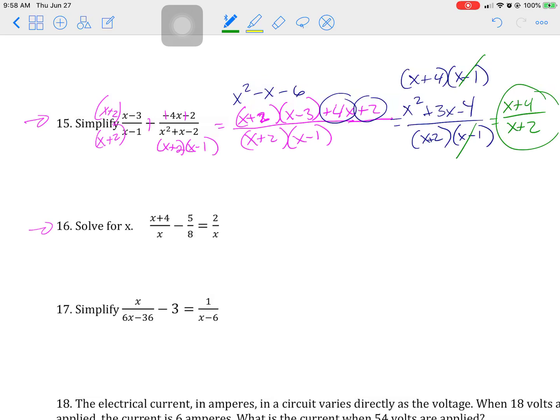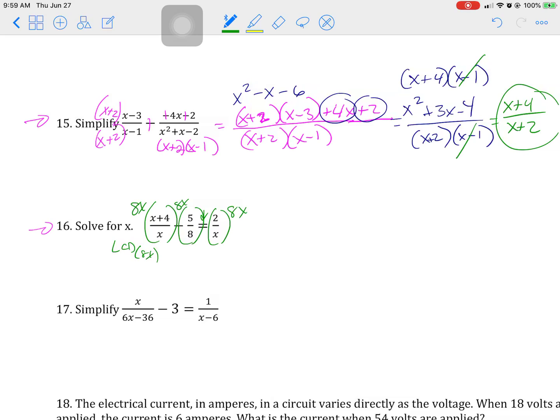All right, now switch gears to equations. Equations, we want to find the LCD also. So LCD for this guy is just 8x. And what we do is use the LCD to clear the fractions. So we're not working with fractions anymore. You're allowed to do that when it's an equation, right? Not when it's an expression. So once you find the LCD, you can clear the fractions by multiplying each term in the equation by your